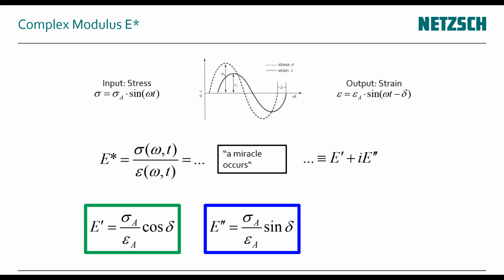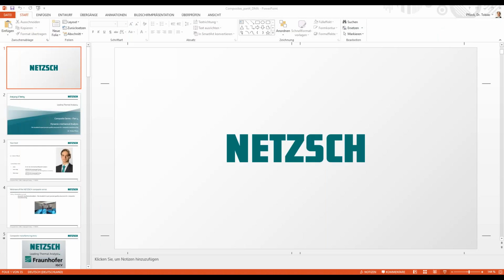But we are just looking at these two numbers, and the formulas tell us how they are. So this is E prime, this is E double prime, and very often people calculate the ratio of both, E double prime over E prime. And this is nothing else but the tangent of this